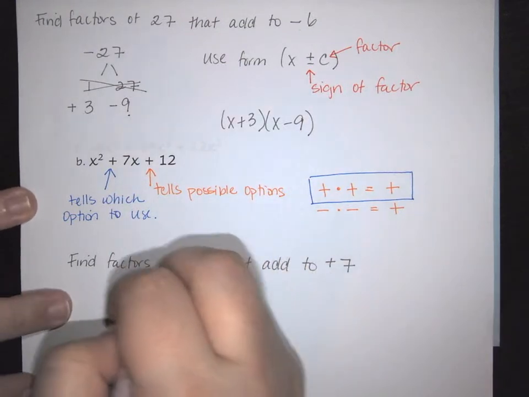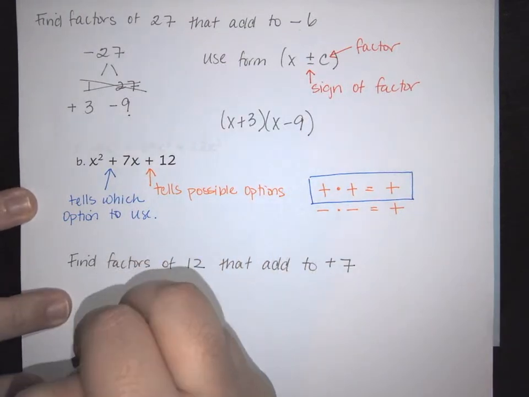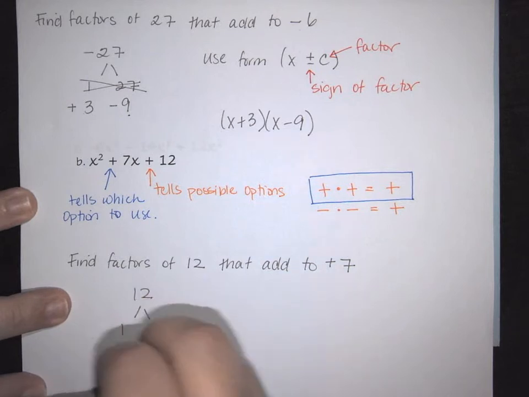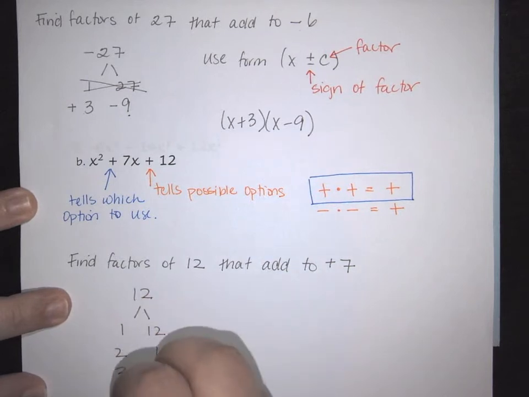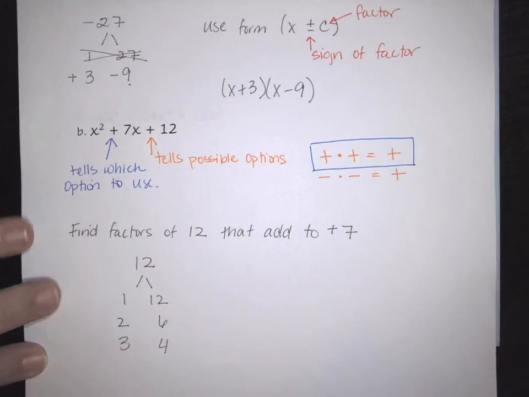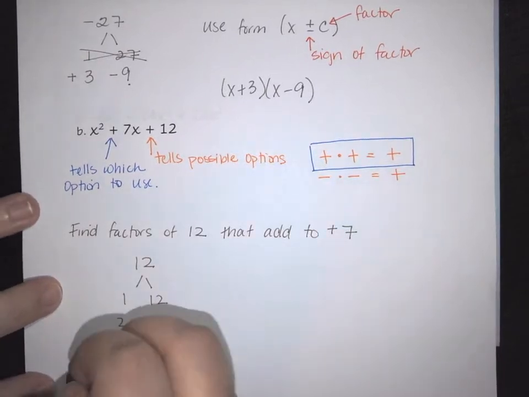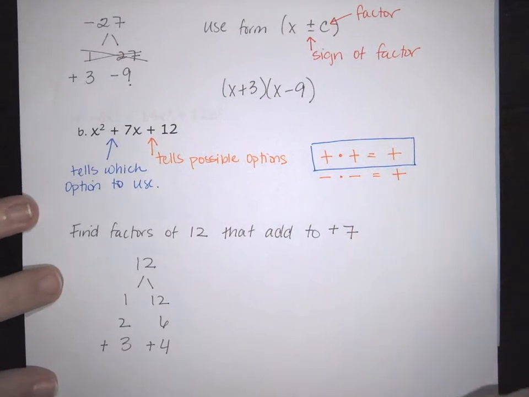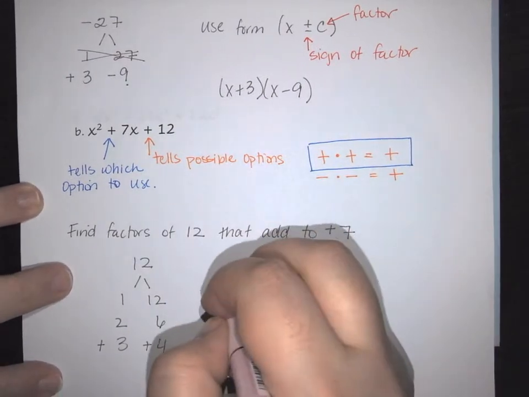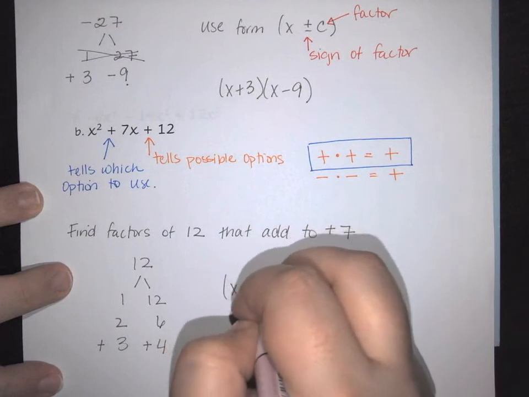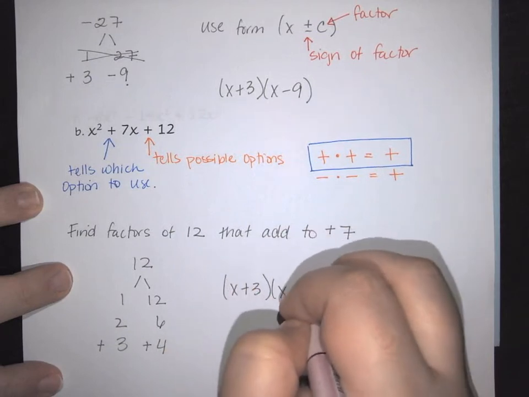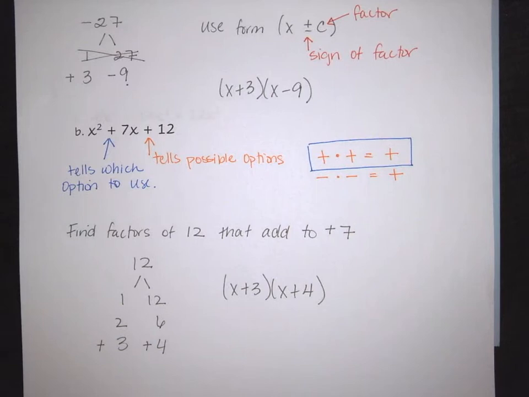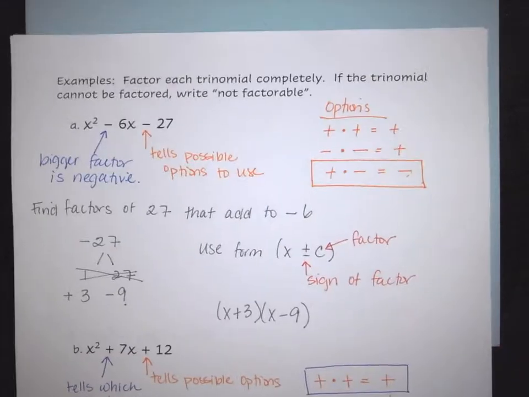So here I've got my factors of 12. So I've got 1 and 12, I've got 2 and 6, I have 3 and 4. So I want to look at which combination of these is going to give me 7, and so I'm looking at a positive 3 and a positive 4. And so again, I want to use that form. So here I'm going to have x plus 3 times x plus 4. Alright,